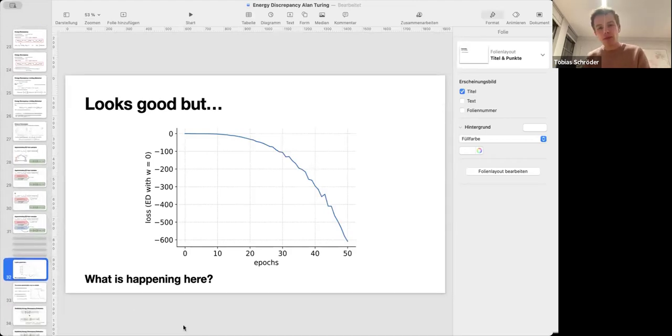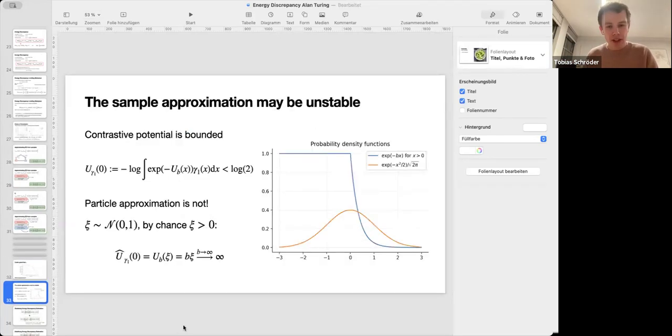If you increase the variance of your perturbation, or if you decrease the number of contrastive samples that you use in your sample approximation of the loss, what you find is that your loss suddenly starts to diverge to minus infinity. And it was very mysterious why that happens. But actually the explanation is quite simple, and I think it might appear in other cases where you take the logarithm of a sample approximation. In theory, what we are doing is well justified and there should be no issue. But imagine that